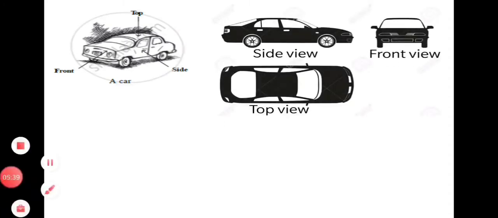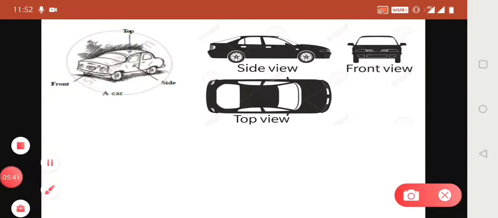Again you can see one car is given in the example. So what would be its top view, side view and front view? Let's see in another figure. Here it is given. You already have seen cars. When we see the car from the side, as it is standing, you can see the part which we are using with the door side. So both the doors are seen from the side view. Here you can see the side view with two doors. Then here also you can see the same thing. Side view we can see the two doors.